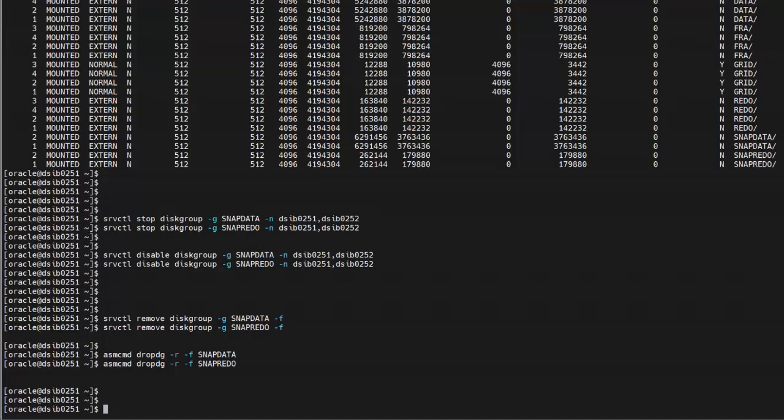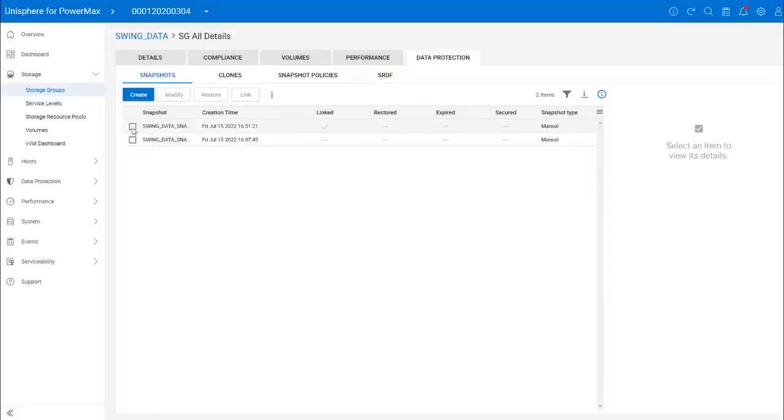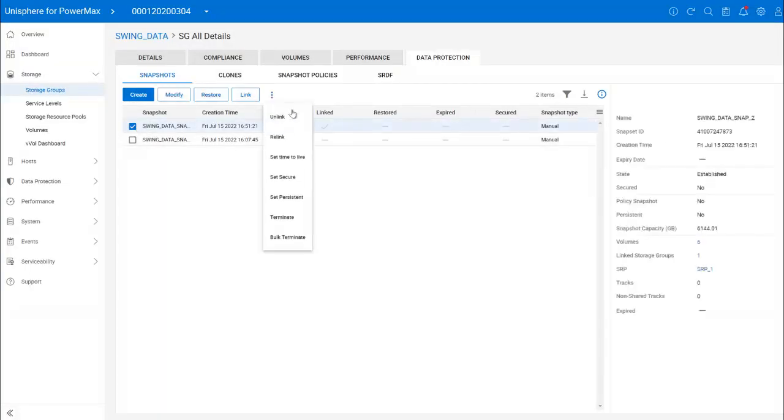You'll note that I'm not bothering to unlabel the disks this time. That's because I'm going to delete the linked devices completely. If I ever create new ones, they'll have new WWN IDs, so will be seen as completely new devices by the ASM filter drivers. In the Unisphere interface, I will unlink the snapshots from the target storage groups, and next